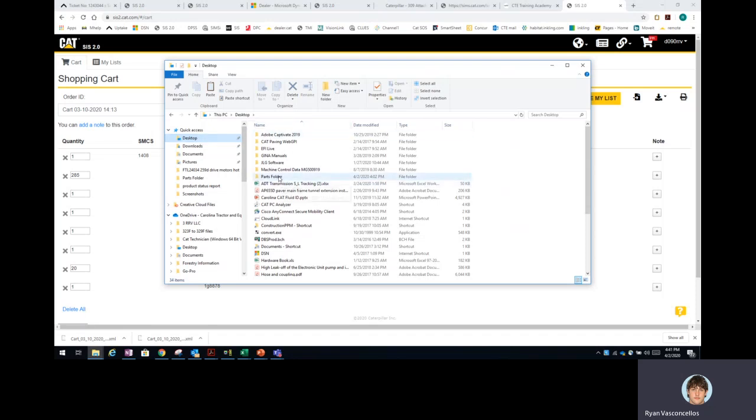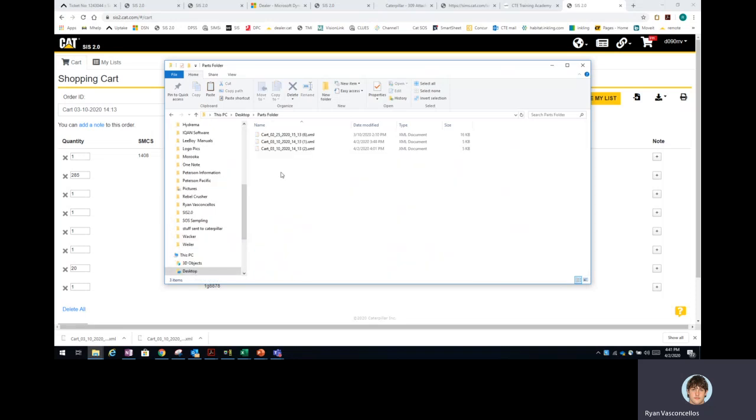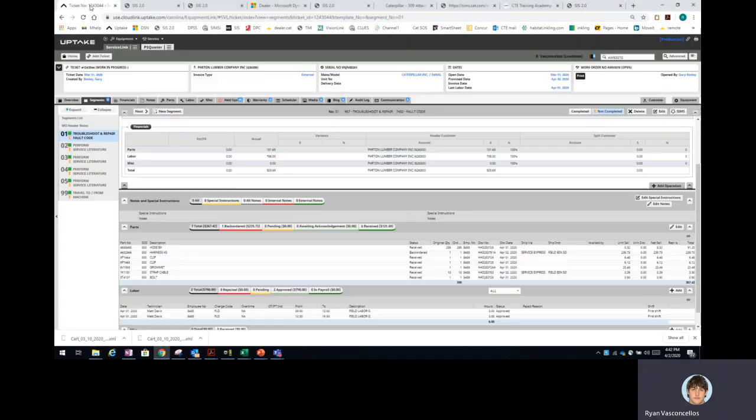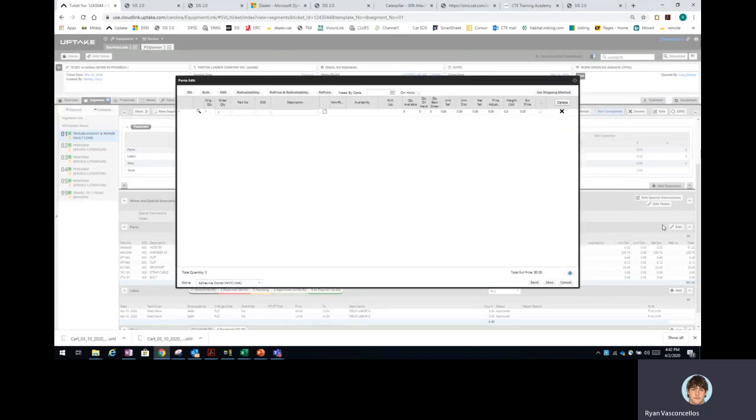So I've got a parts folder right here, and I can paste it. You can see my failed attempts, these 2 up here, and then this one here, they should all be the same. But I'll use this one because it's 4:41 today. Once I get it in there, I just drop it back down. I've got my Uptake pulled up here, and if I want to order my parts, I go to my edit button,